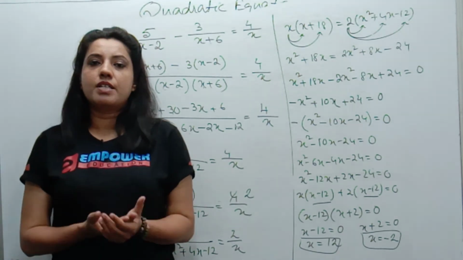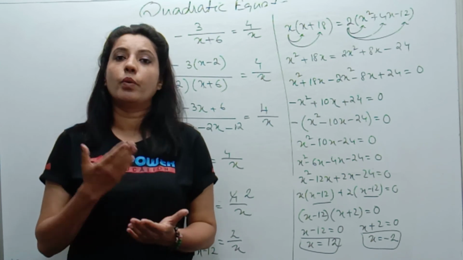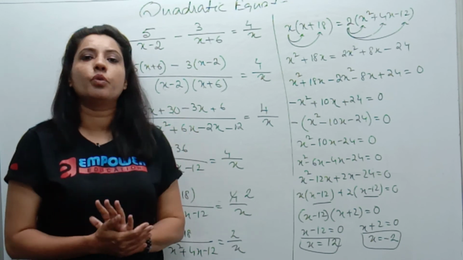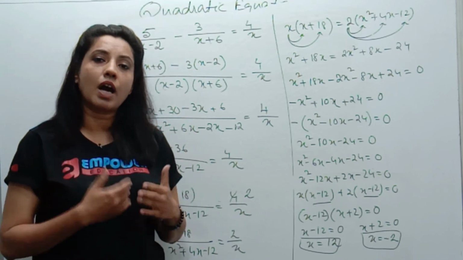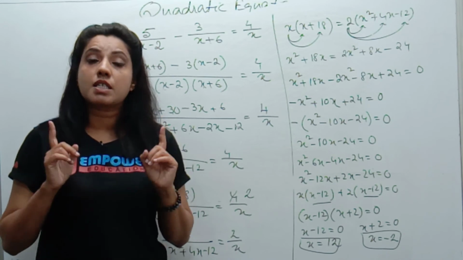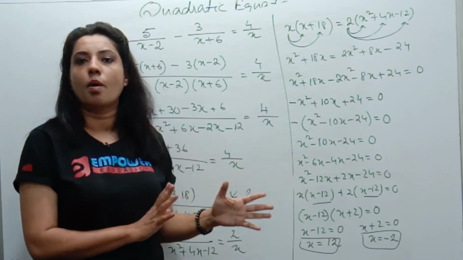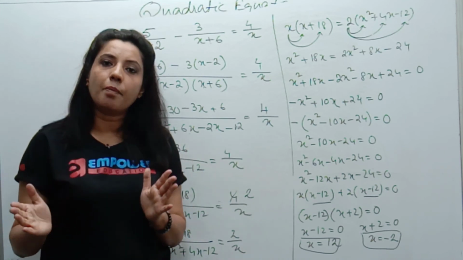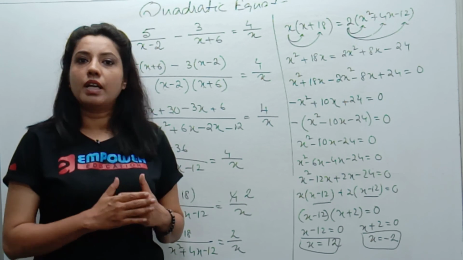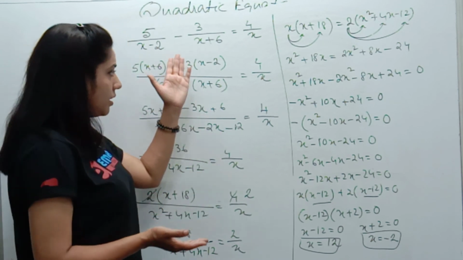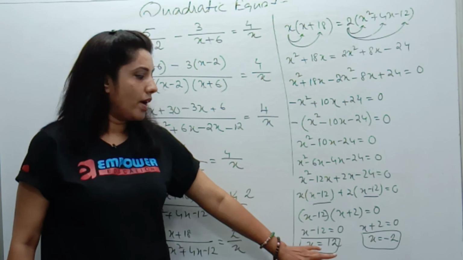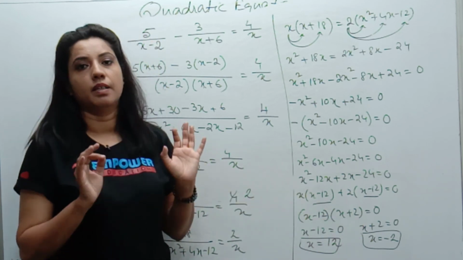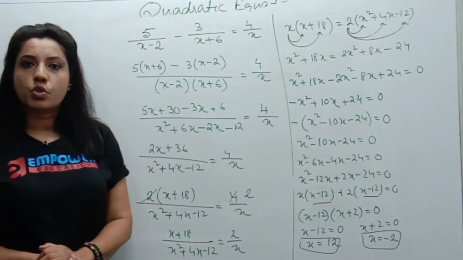As I told you, factorization is a topic we have been doing since 8th standard. So whatever question is given to you, if it is a quadratic equation, you just have to try the factorization method. The first step of factorization method is to take common. First you take out common, and then whatever is there inside the bracket, if you can split the middle term, you can do it, or you can use some identity, and then you simplify to solve for x. Once you get the values of x, those are the two roots. So this is one of the methods to solve a quadratic equation.